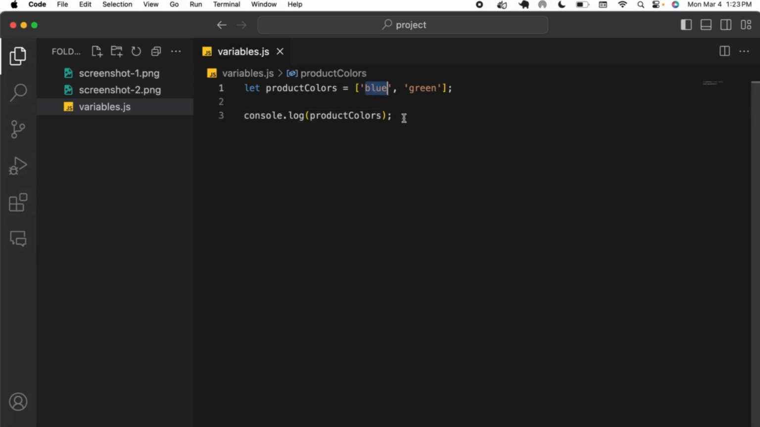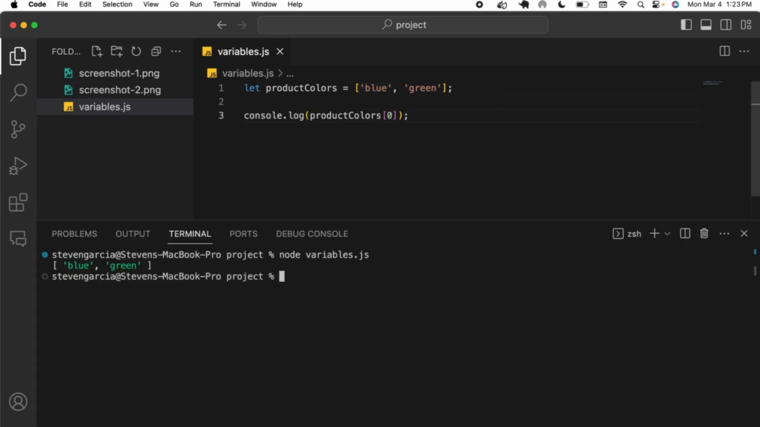Now, if we just want to access one element in our list, we can do so through bracket notation and access it by the index. An interesting thing about arrays is that we begin counting from 0. So rather than counting the first element as the first element, we say that this is at the 0 position, and then 1, and so on. So here if I log it out,